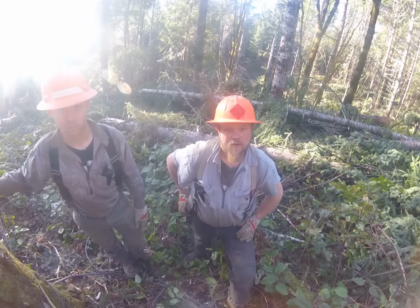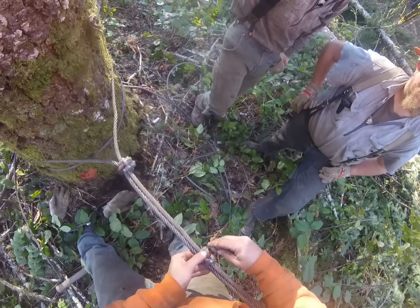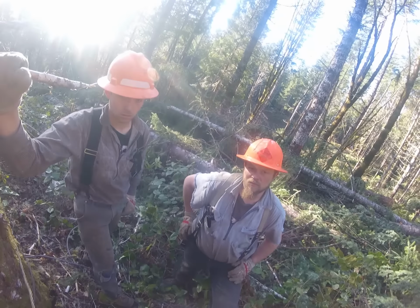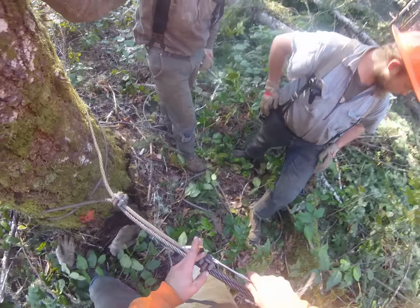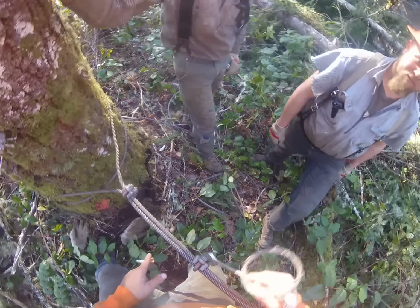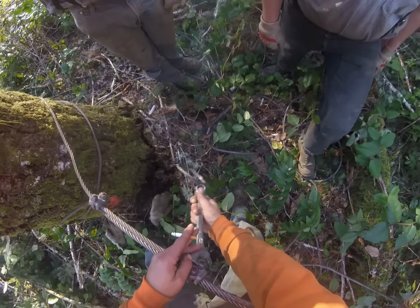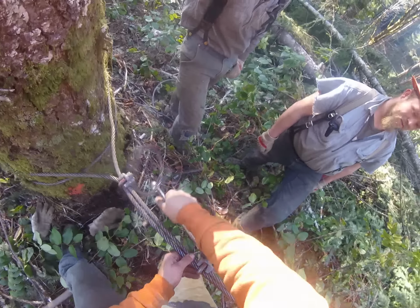We do have to put a new eye in the Skyline. Burnt 3 strands almost in 2. How? What do you mean, how? At the eye end? Yeah. Well, I think it was from when we actually burned it in 2 the first time. Because when we started putting the eye in, we had to cut it twice and go farther back because we found more burnt ground wires. Where it's at goes up through the tube, about level with the eye, so 40, 50 feet from the eye. Yeah. 3 strands are almost completely burnt in 2. So it had to have been from...